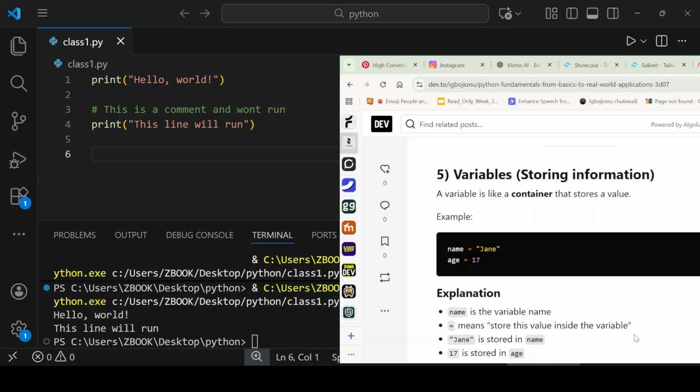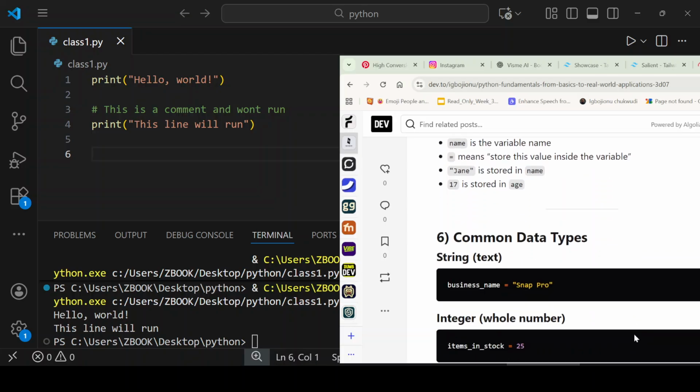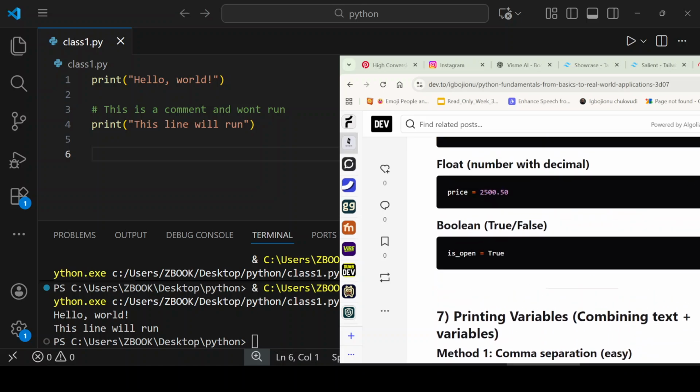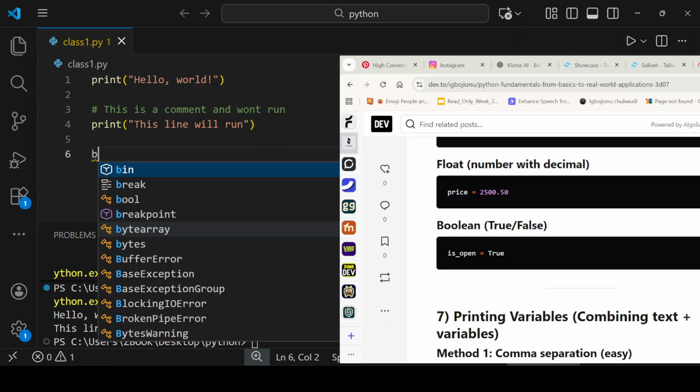So the next thing to talk about is variables and data types. All right. So what are variables? Variables are like containers. We use them to hold different types of data. For example, we could have a variable like business name,